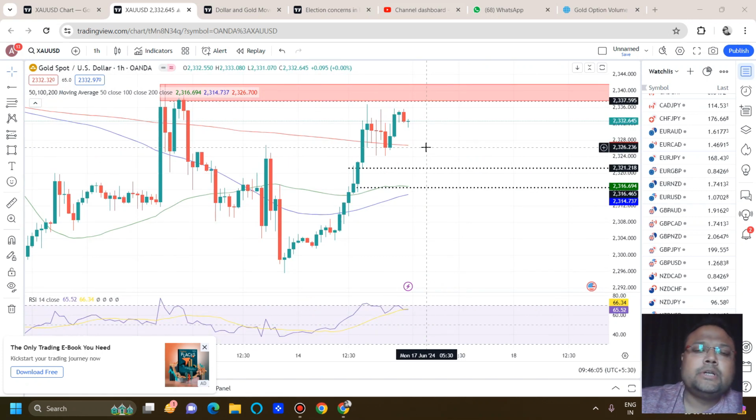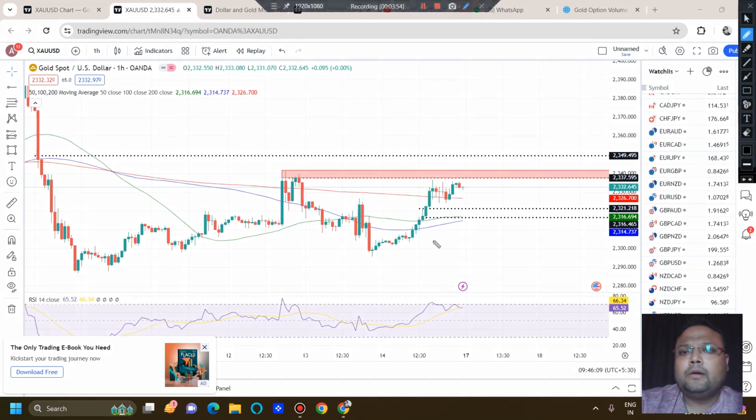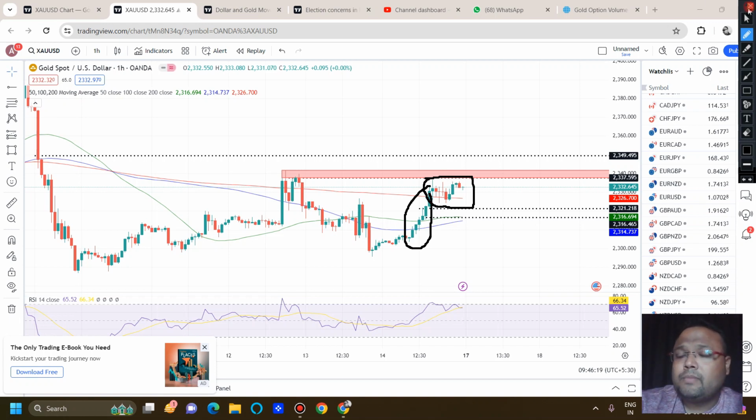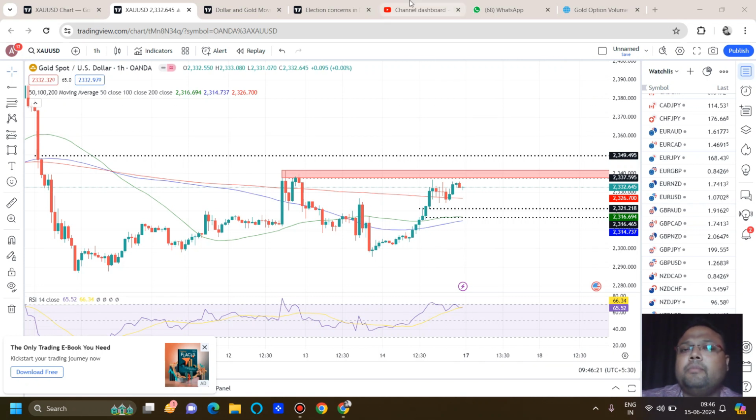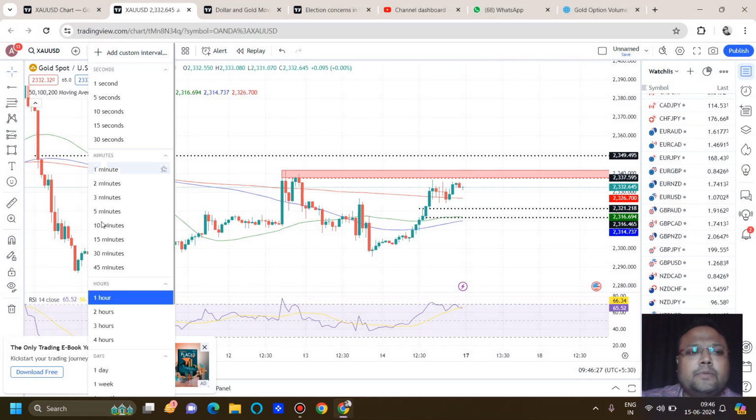Market almost closed at the resistance, so the market opening is going to be very important, because there was some upset on the chart of gold. Obviously, there's no doubt about it, but after that there was some consolidation and some indecision in the market, so the market opening is going to be very important. Right after the market opening, if we see gold going down or coming for a retracement,